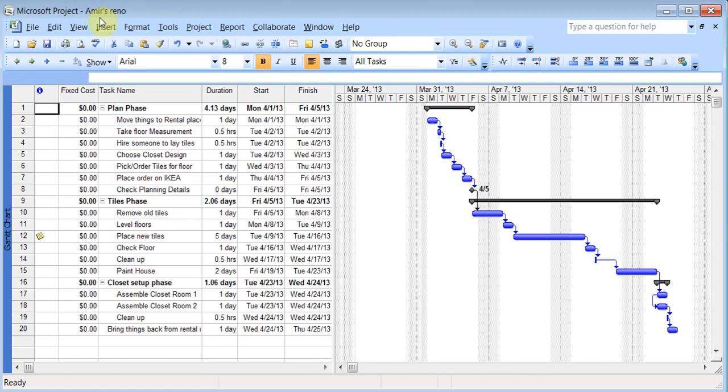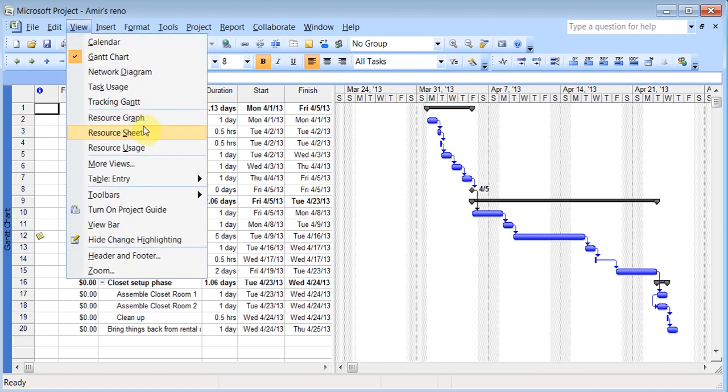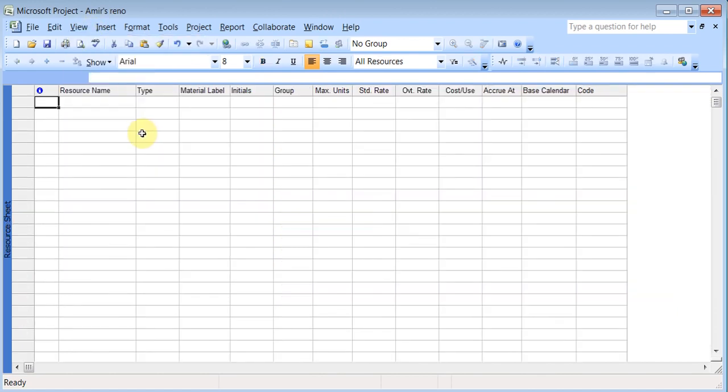So to get to resources, you can go to View, and then you can go to Resource Sheet, and then say I'll just type myself. And there are different types of